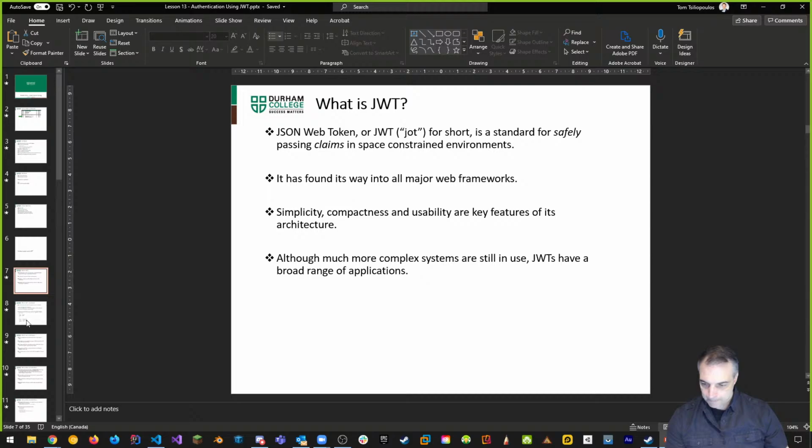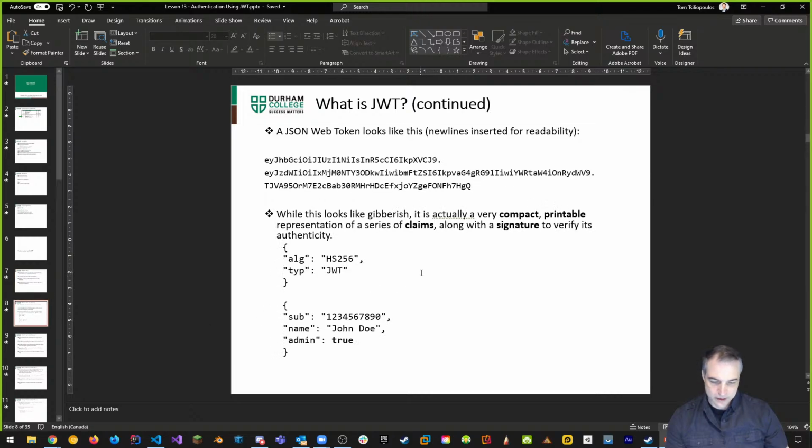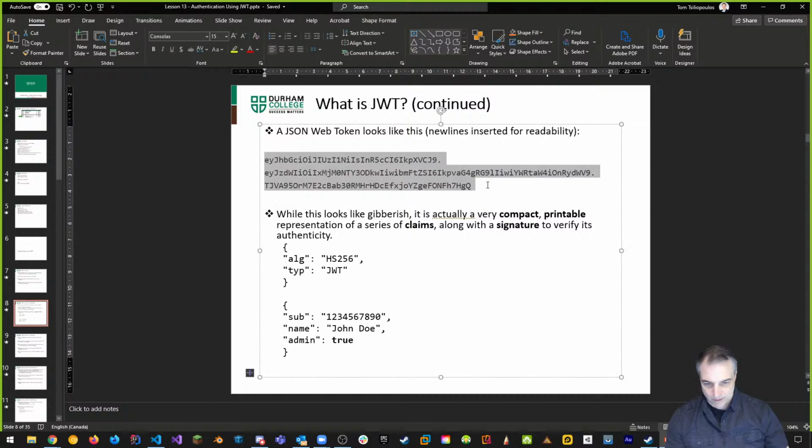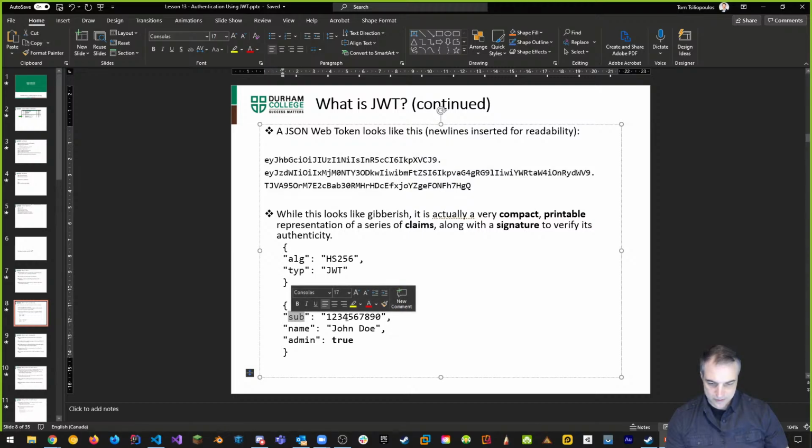So we have a token that gets created. It looks something like this, right? And this token is basically hashed information about your claim. And the claim usually is some kind of subject, and then the name of the person, as well as